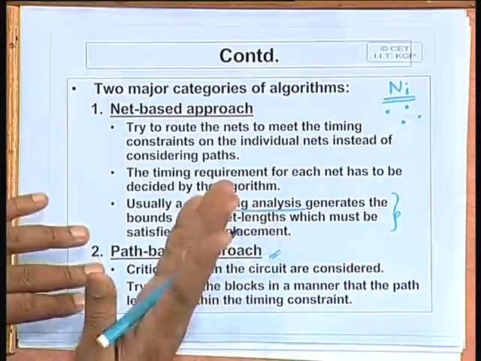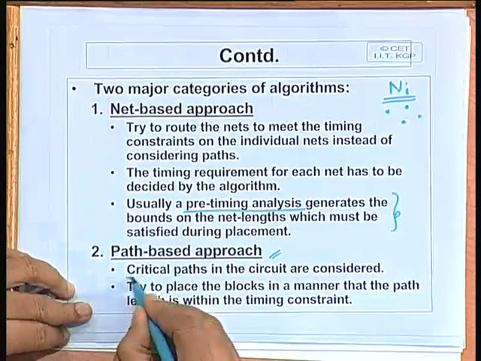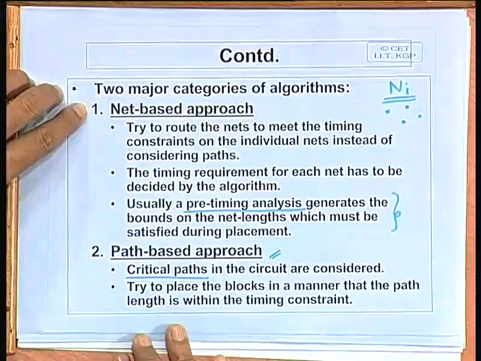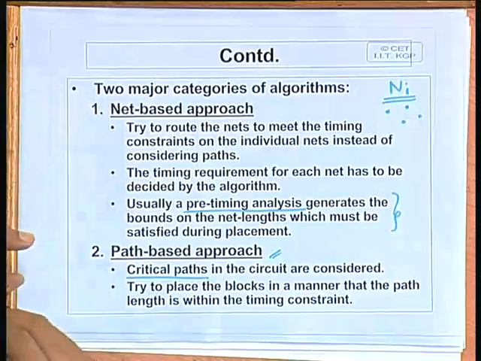And the other approach is the path based approach, where you again analyze the circuit, identify the critical paths, and concentrate only on the critical paths, trying to optimize them as far as possible. These are two broad approaches. Of course, the net based approach is more general in the sense that it can meet the user constraints in a much better way. But critical paths, as I said, those paths which are critical in one scenario may not remain critical after some modification, and some other path may become critical, because as you move blocks around, the lengths of the interconnection paths may also go on changing.